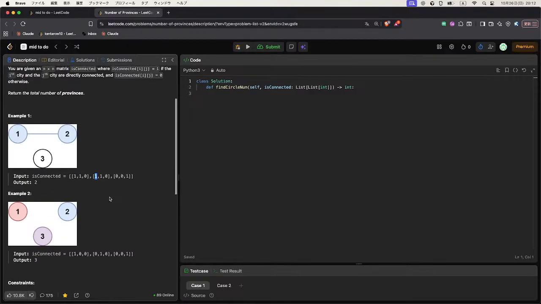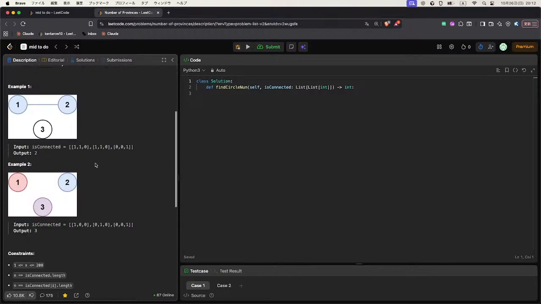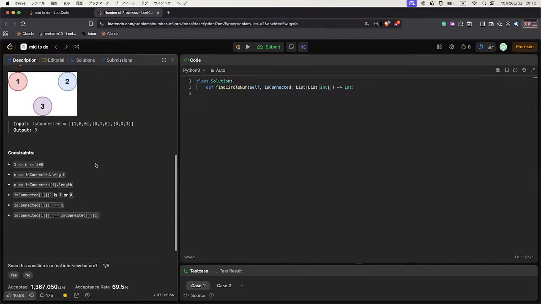I want to confirm that if city 1 is connected to city 2, city 2 must be connected to city 1. Okay, I think so. I assume this. Okay, so